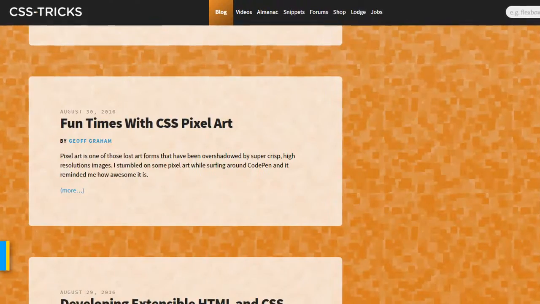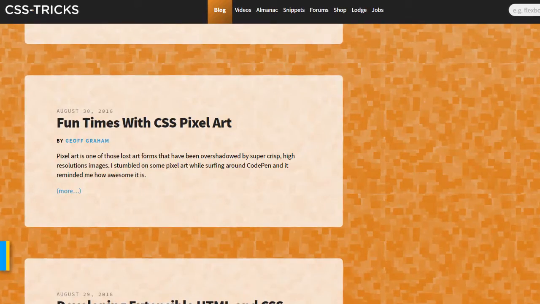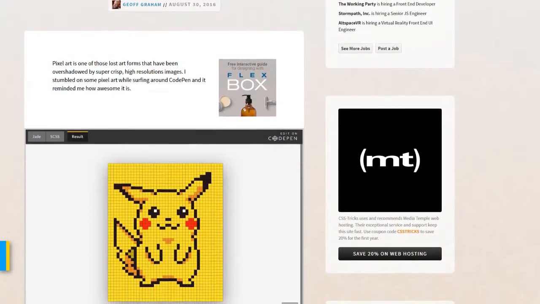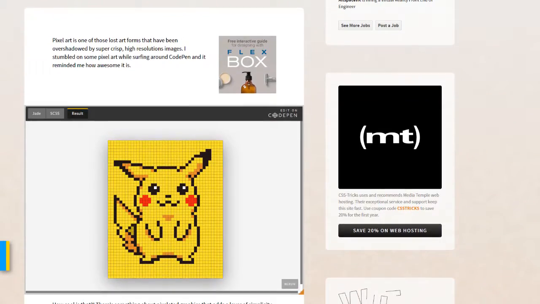Then in more frivolous but still awesome web news, I wanted to share with you one of the latest articles that just came out on CSS-Tricks.com. If you don't know CSS-Tricks.com, you've got to check it out right now. It is amazing for front-end developers, and they just recently came out with an article for creating pixel art in CSS. The first example of the article is the lovely Pikachu featured here.